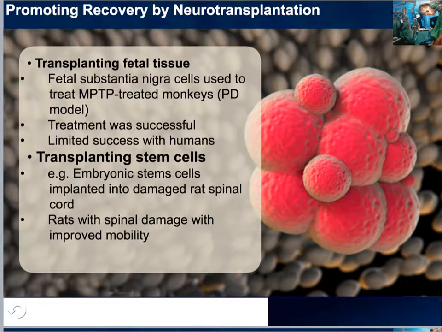The first approach focused on individuals with Parkinson's disease, and the patients who had Parkinson's basically lacked dopamine-releasing cells, as you already know, and we were hoping that by transplanting the appropriate fetal tissue, the embryonic tissue, specifically to substantia nigra, we'd be able to improve their conditions. Initially, the signs were very, very positive. These individuals were able to accept the transplant, and